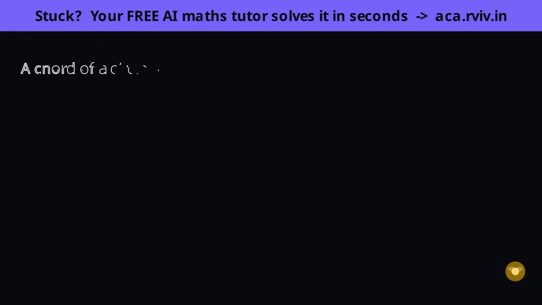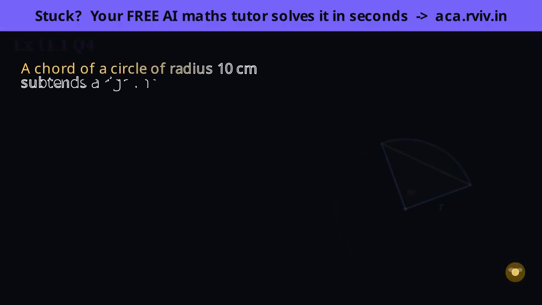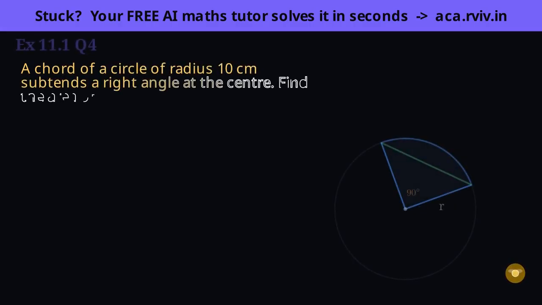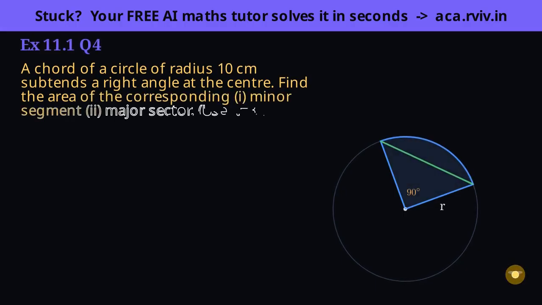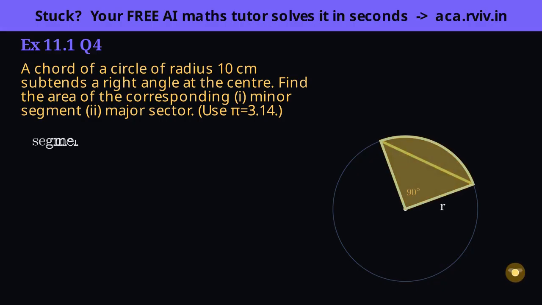The magic words here are right angle at the center. That makes the inner triangle a right triangle with 2 legs equal to the radius, the easiest triangle you'll ever meet. Part 1 asks for the minor segment, that's the curved cap beyond the chord on screen. Recall our rule, a segment is the sector minus the triangle inside it. So we'll build each piece for this 90-degree angle and subtract. Let's take the sector and the triangle in turn.